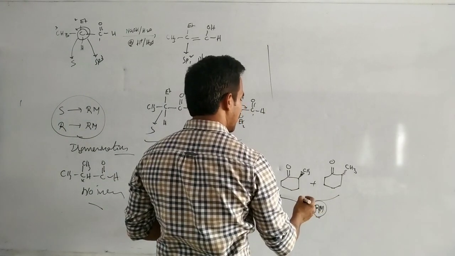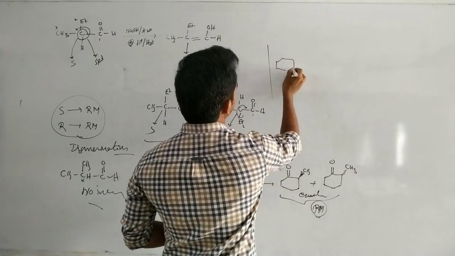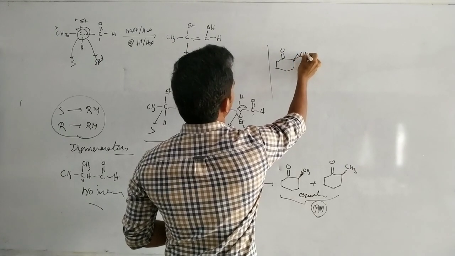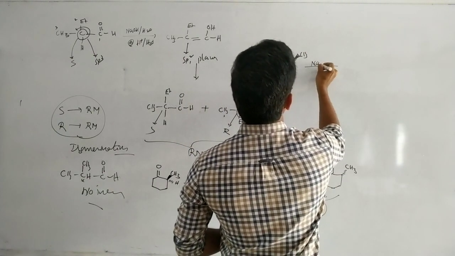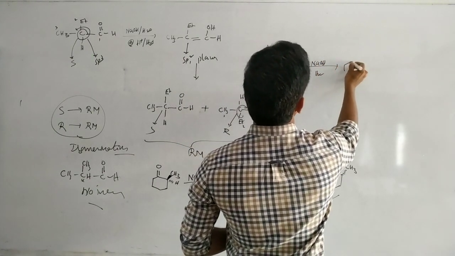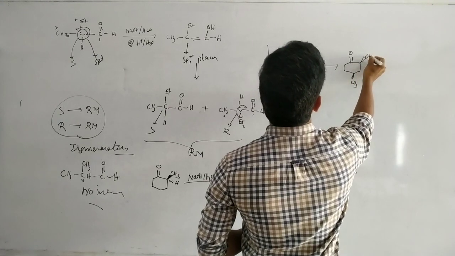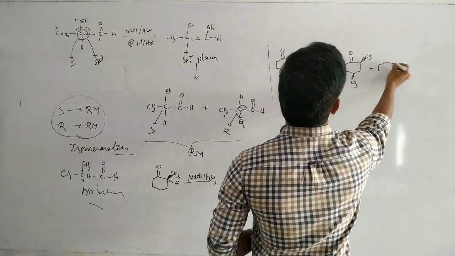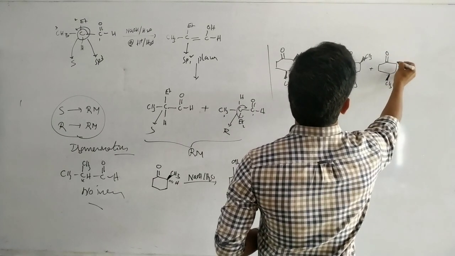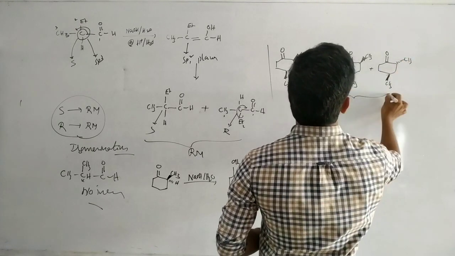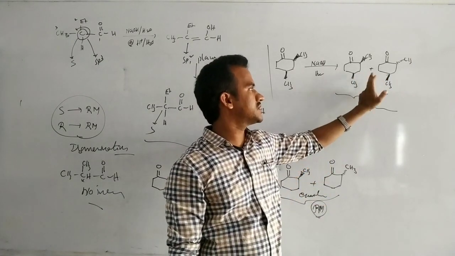Suppose these two are the enantiomers, exactly mirror images. Or suppose this double bond, this CH3 and this one also CH3. Whenever this is placed in NaOH and H2O, here we will again get two compounds. Double bond O, here methyl above the plane, and double bond O, here methyl below the plane. The relation between these two is diastereomers, because they are non-mirror images; the configuration at this chiral carbon is not changed.